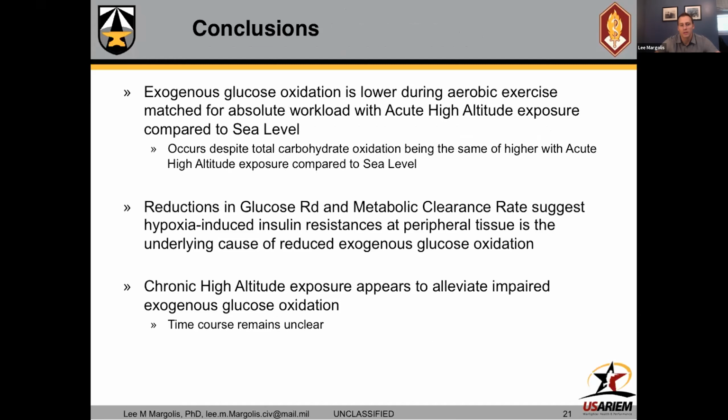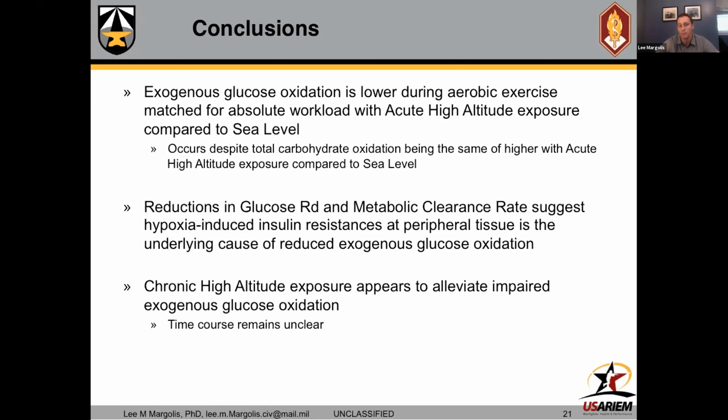So what we were able to see in these two studies was that exogenous glucose oxidation is lower during aerobic exercise that is matched for the absolute workload with acute high altitude exposure compared to sea level. This occurs despite total carbohydrate oxidation being the same, or lower, or higher at high altitude compared to sea level. So this would indicate that there is some sort of physiological adaptation that is causing this reduction in exogenous glucose